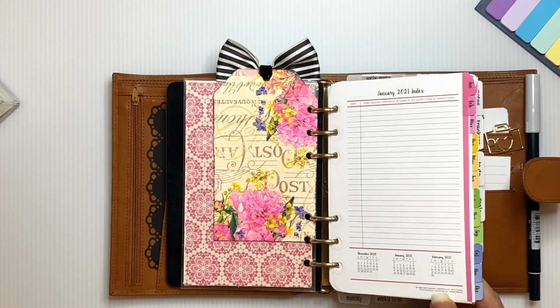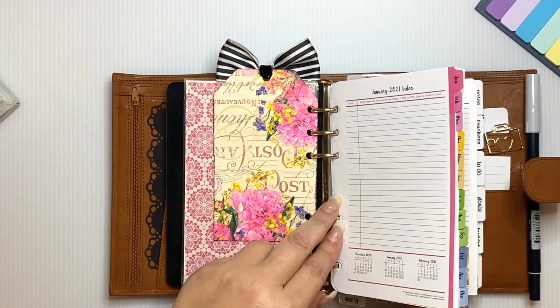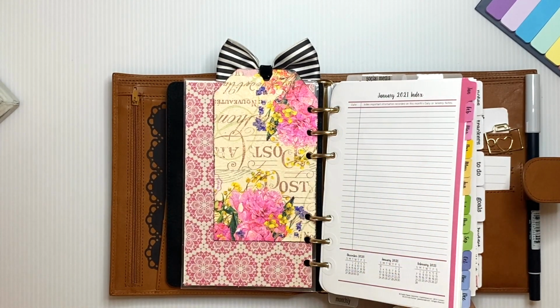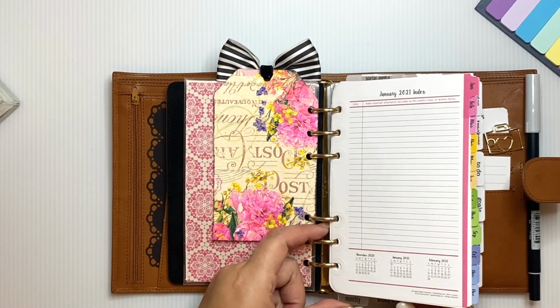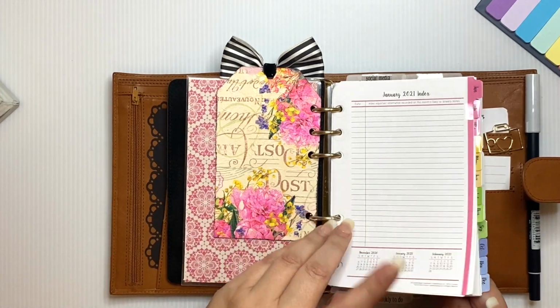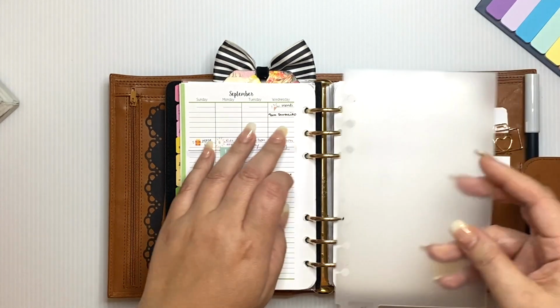So I did order it just to see what it would look like. I may use it for the finance portion for 2022. I have a whole other video that will be coming on what I ordered for 2022 and how my planner will be set up for 2022. I love this particular monthlies because of the gradient color. I just love it. I've loved it every single year, and am saddened that Franklin Covey has changed the aesthetic of this. For September, we're just going to move my monthly dashboard into September,